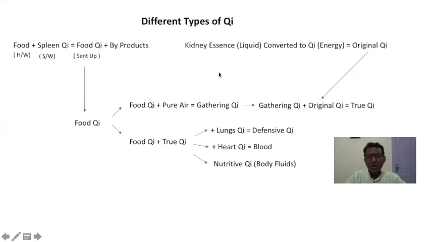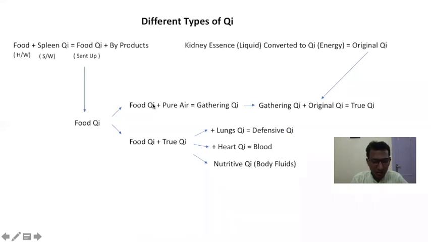Okay, so we had gone through this slide last week. There was a small change that I have made after going through some texts and articles. It is mainly in this food key part. Once we take the food and the spleen key adds its software, that becomes food key, along with some byproducts. When food key comes, there are two main ways that it gets